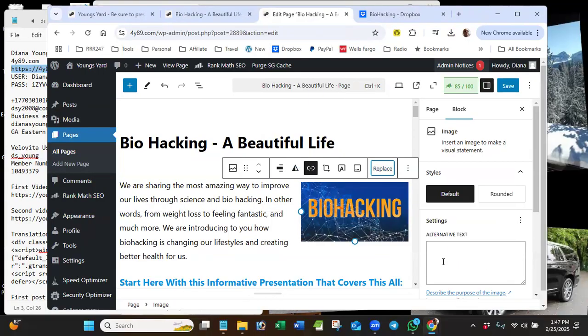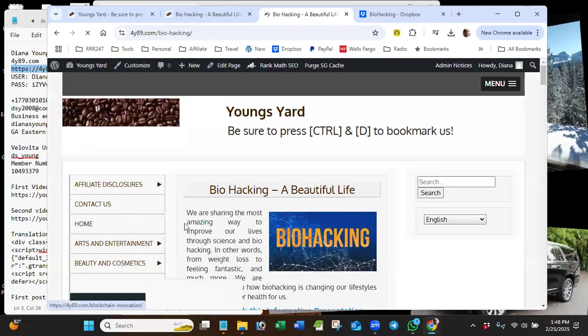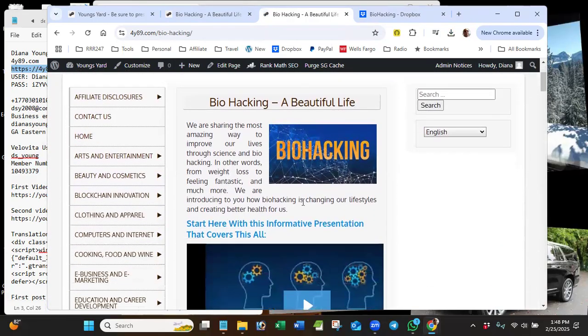Okay, so I have to add the alt text. Okay, and now when I click on save and I view the page, there's a reason I'm doing this. It looks like that. So this is in Justify. So if you didn't like these spaces, you wanted to put it all left align, I usually leave it in Justify,